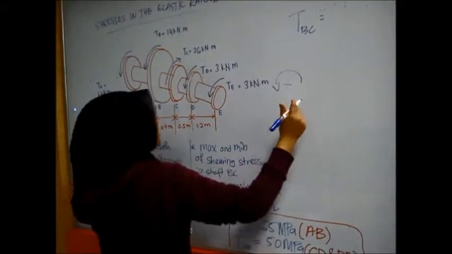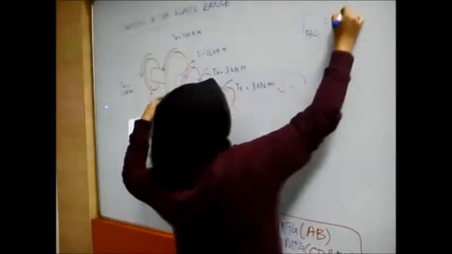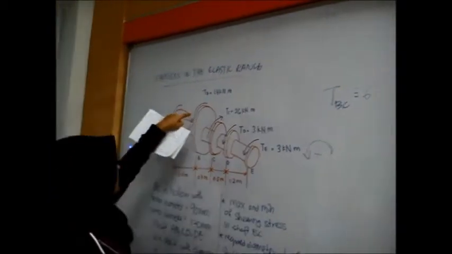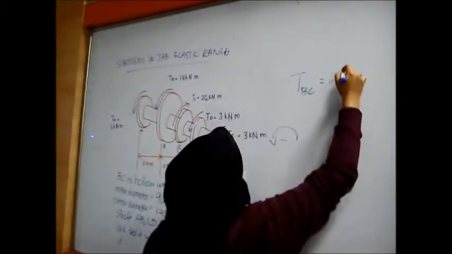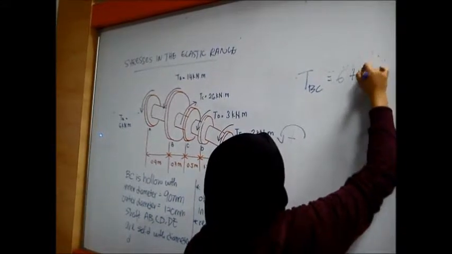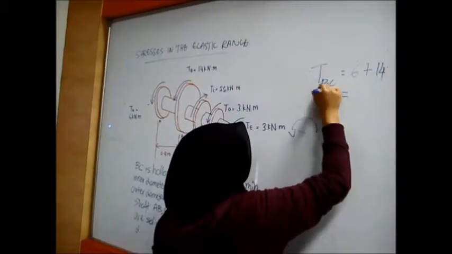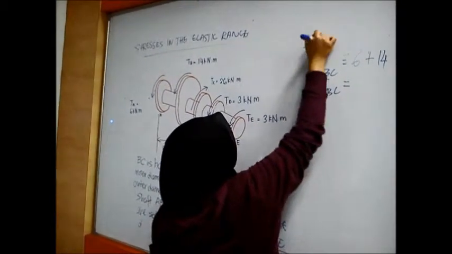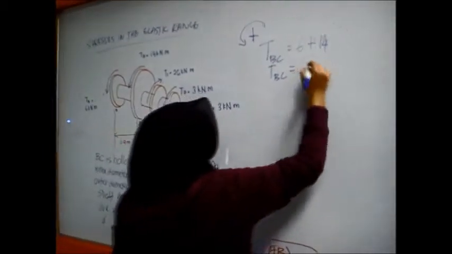So 6 plus, since the torque at B here moves to the left also, we add 14. So we get the torque at BC, we will get 20